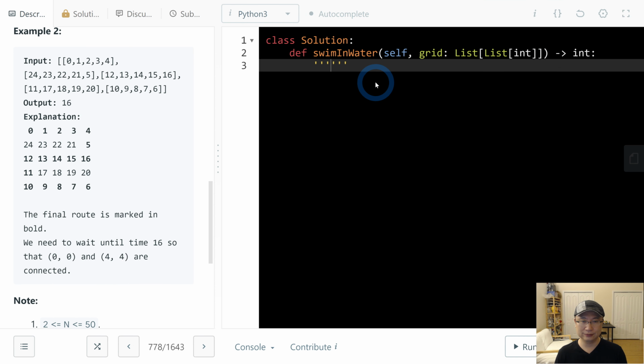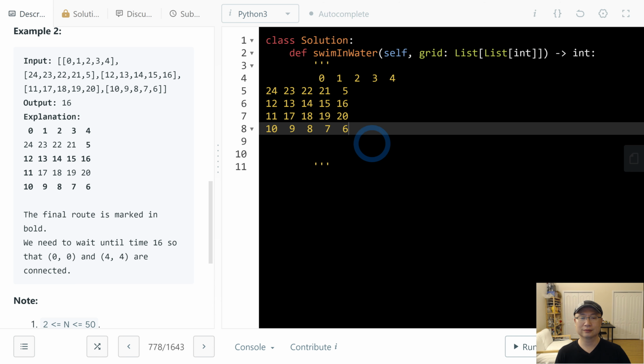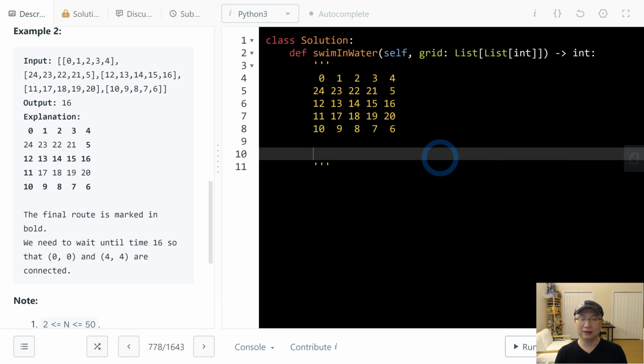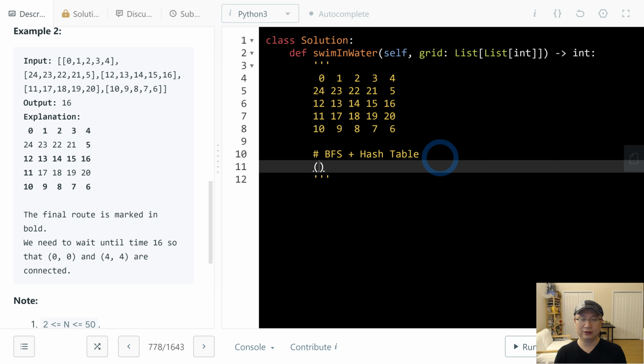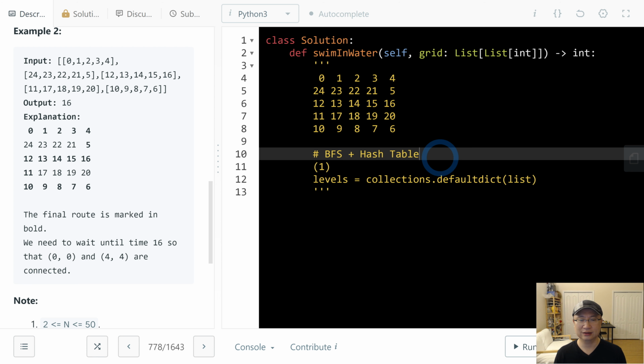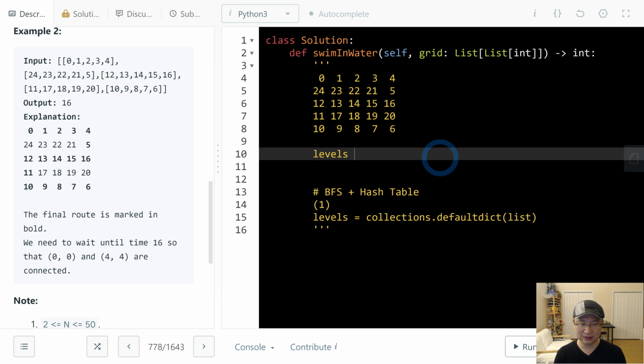This is the test data. My solution is using BFS plus hash table. First I'm going to make a hash table, levels, using collections defaultdict with list. The reason is, okay, let me simulate it. First levels, and then